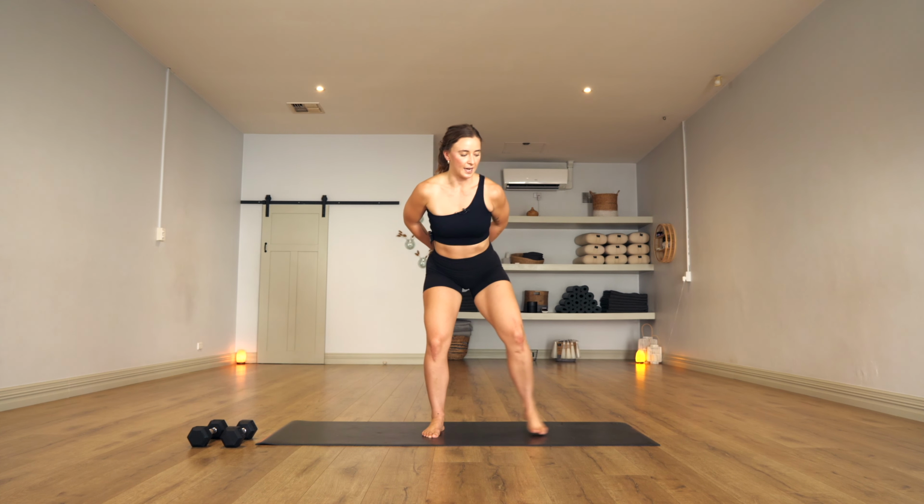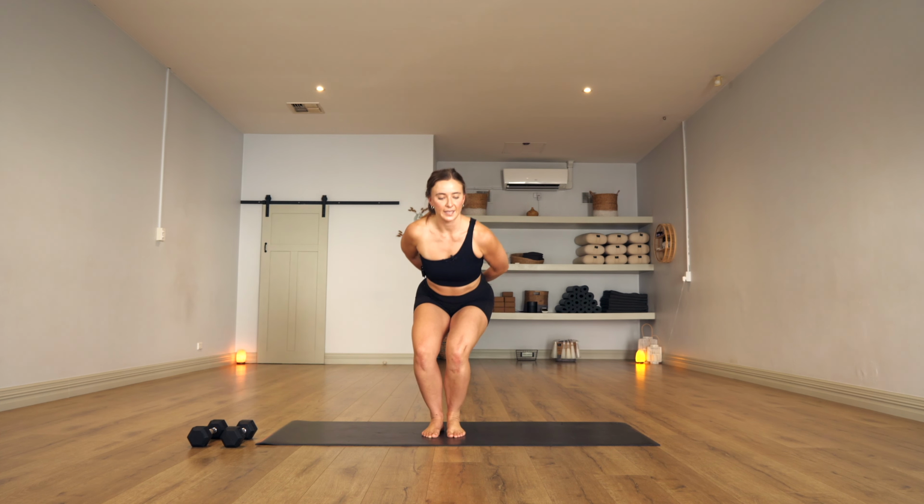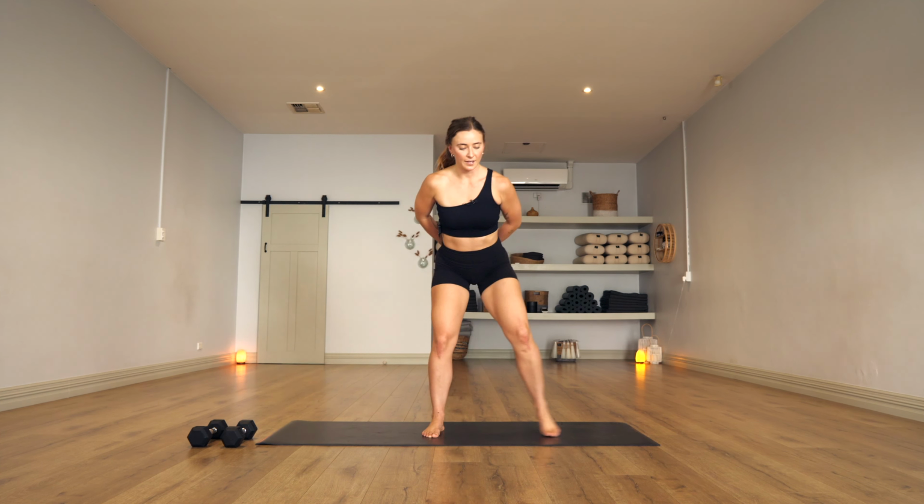We're gonna open out, come in, and we're just gonna stay on that side. Open out, bring it in. Good. 5. Oh yeah. 4, 3, 2, and on that next one, you're gonna hold that squat, lift that heel, squeeze it all the way up,